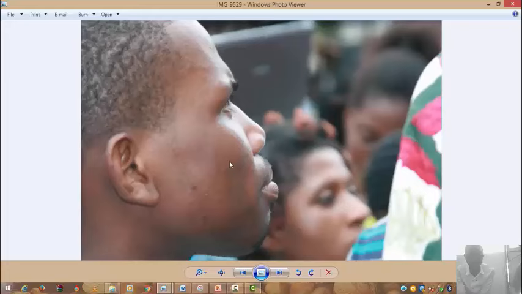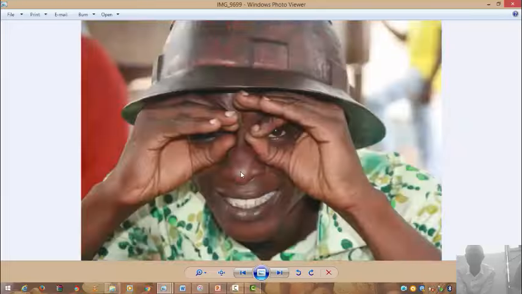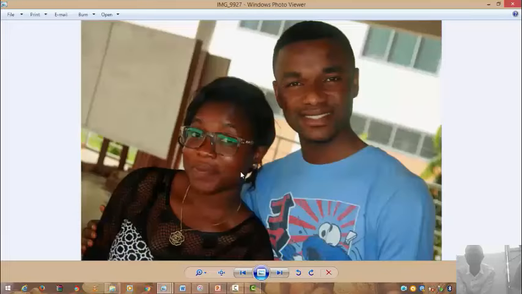This is the original picture for the first one that we showed you, and these are the spots that were on his face. It was a colored photo, but it was changed to black and white, and then the background remained colored. These are all pictures that were